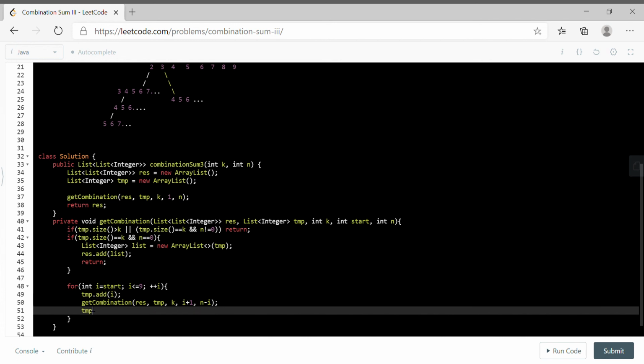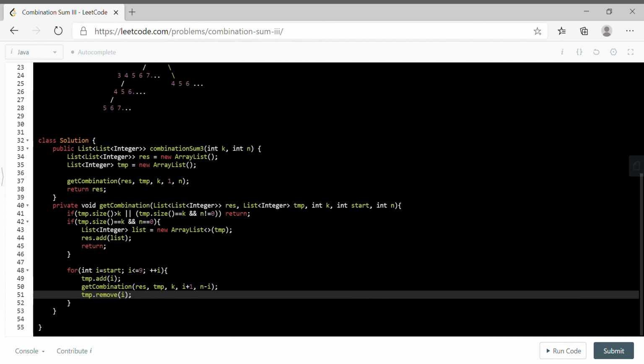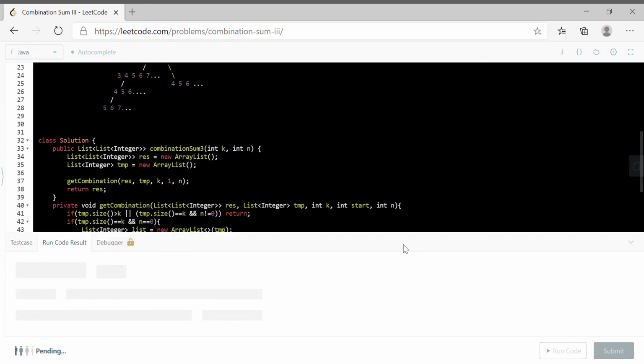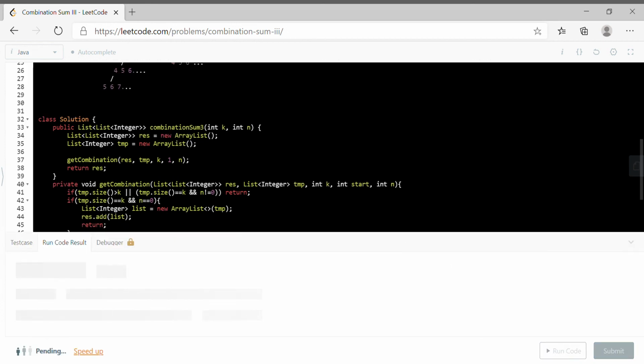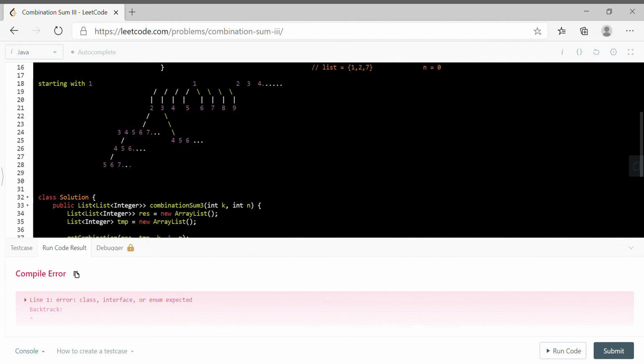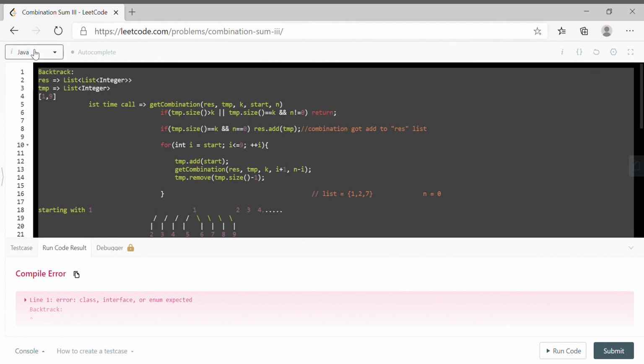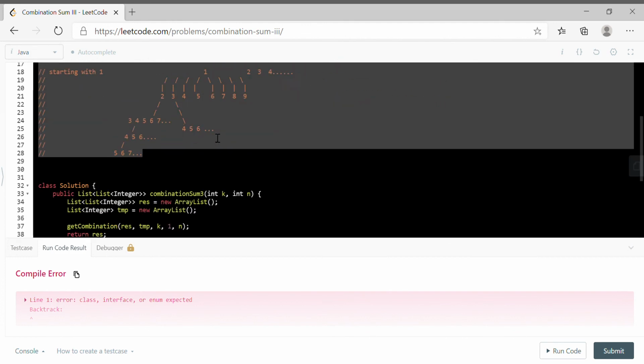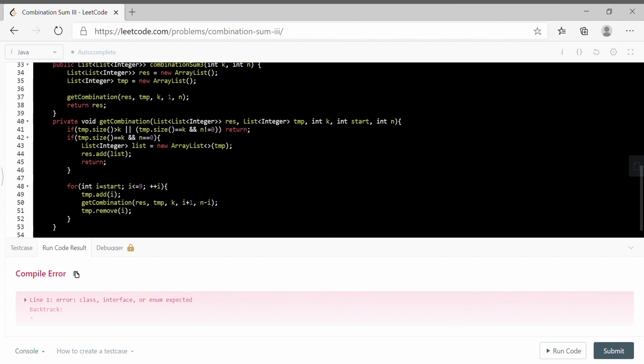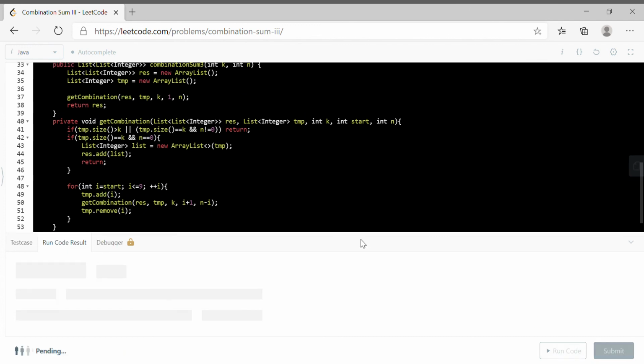And then temp dot remove I. Okay, I think yeah, this is pretty much that should solve. Sorry, one mistake. These all are explanation. I need to comment it, right? Then I need to run it.